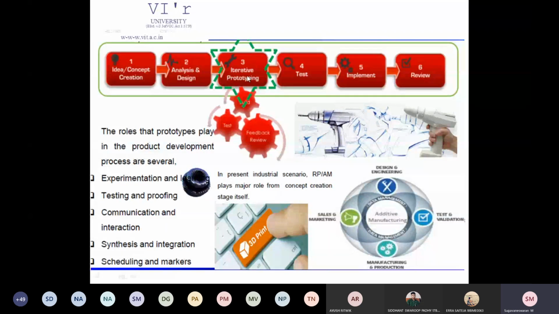What is prototyping? You are going to convert a design into a product, but here you are not going to do mass production. Final production is different from prototyping. The difference between prototyping and production is that in prototyping we will be doing a fewer number of components. The purpose of prototyping is to test and get feedback from the customer, initial testing and feedback.